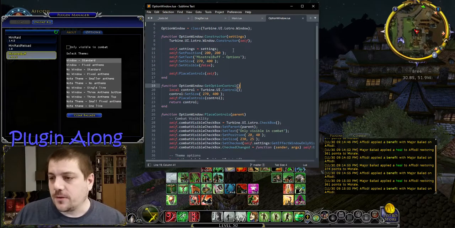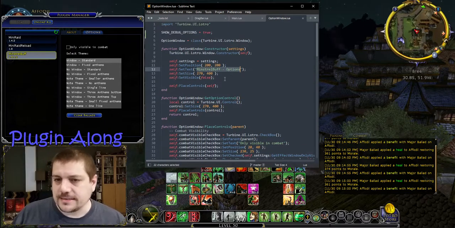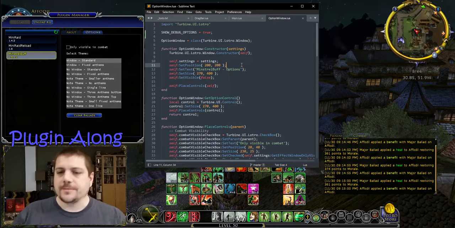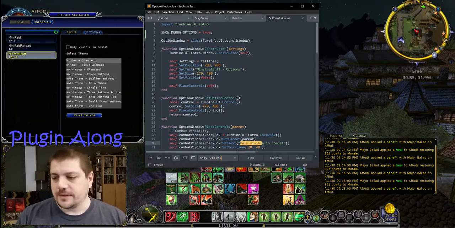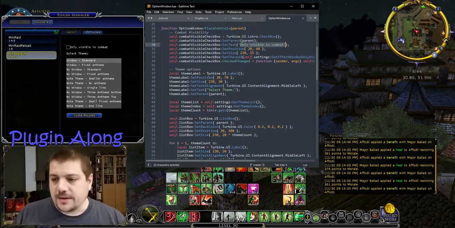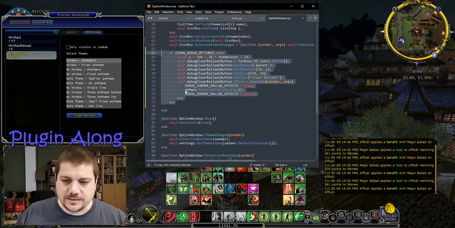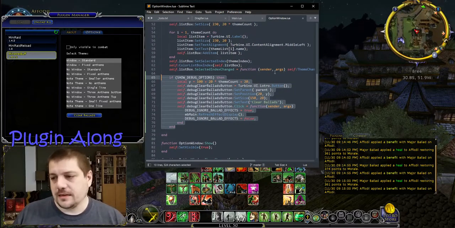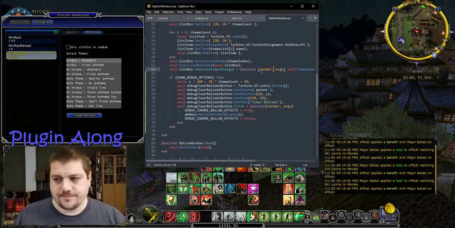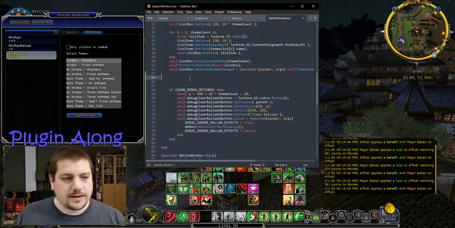Option window. So we can see MinstrelBuff options is a text. I'm not sure what's going on there, but only visible in combat. Excellent. We can see that that's happening. Theme options. We can see that's being populated, and the show debug options here. So probably this is a whole separate thing. So probably down below, we'll want to go ahead and